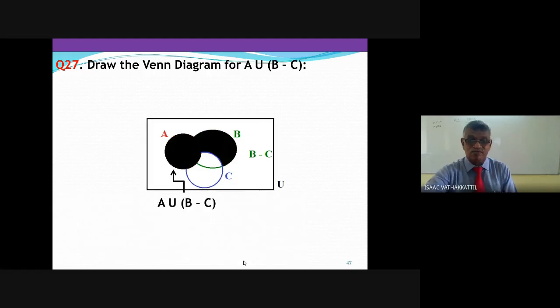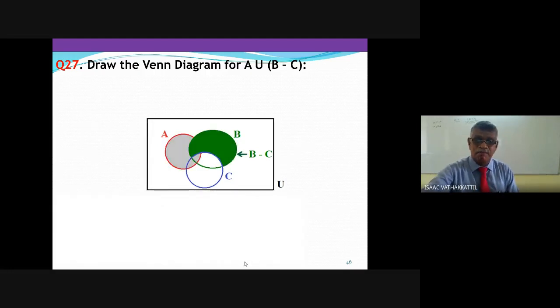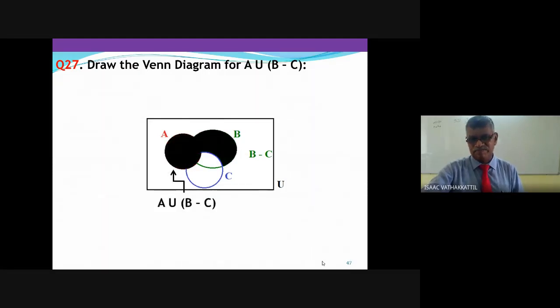You have to understand this diagram very carefully. I can make complicated questions, but you have to understand. The understanding is clear, there is no doubt. A union (B minus C): first, what is A? What is B minus C? Union means I have to collect all the elements which are present in A as well as in B minus C. Is it clear? First you write A, B and C. Then you find B minus C. After finding B minus C, you take A union (B minus C). Let me ask more questions on the way.